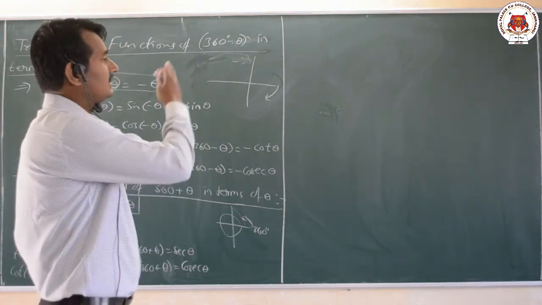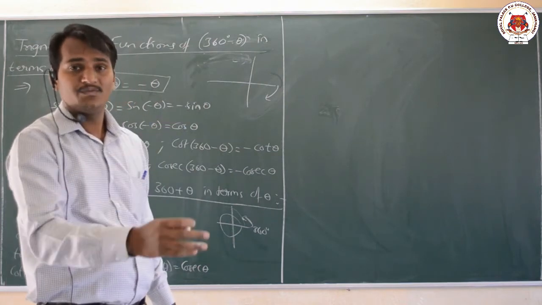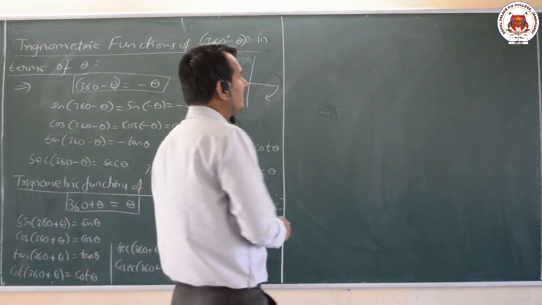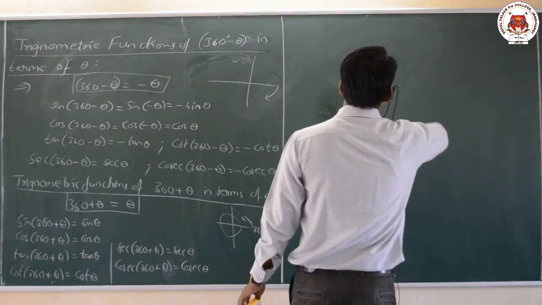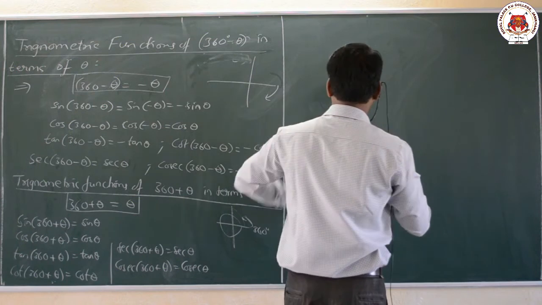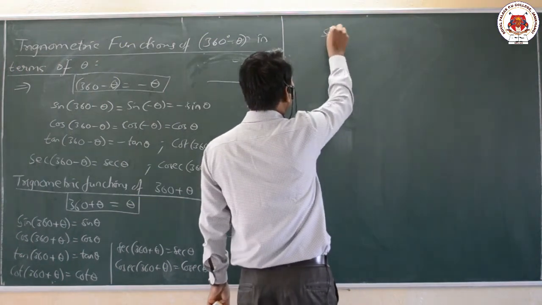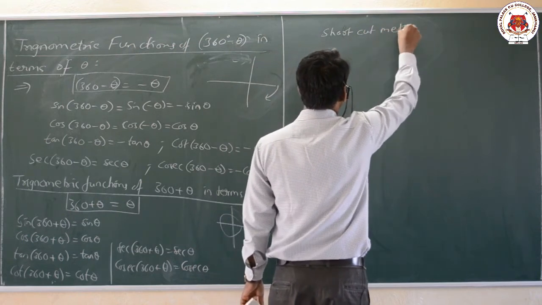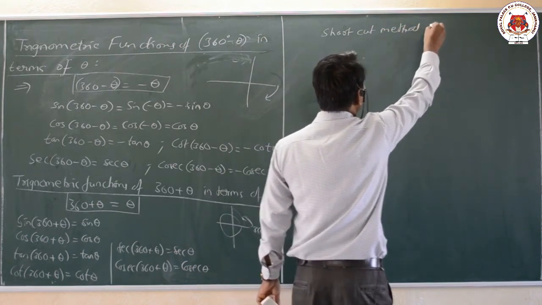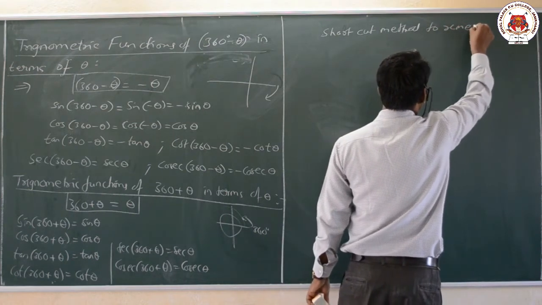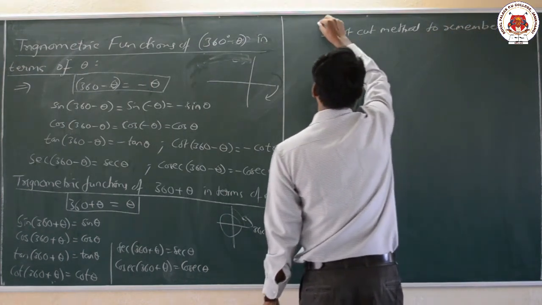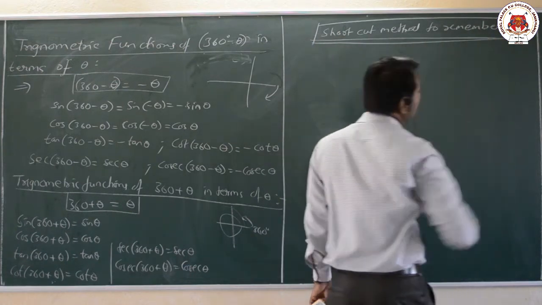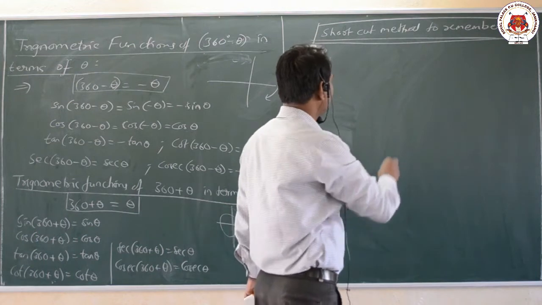Now all this, that is the trigonometric function of allied angles, a simple method to understand it, that we shall examine. What actually that simple method is, let us learn here. That is the shortcut method to remember the topic here. Now what it is: trigonometric functions of allied angles, that we shall examine.